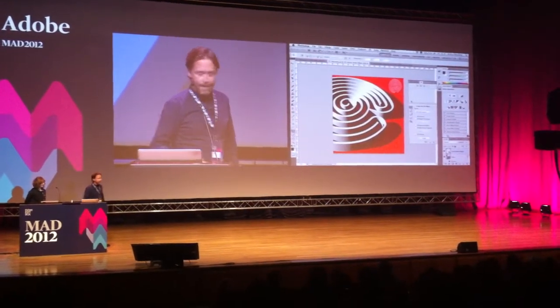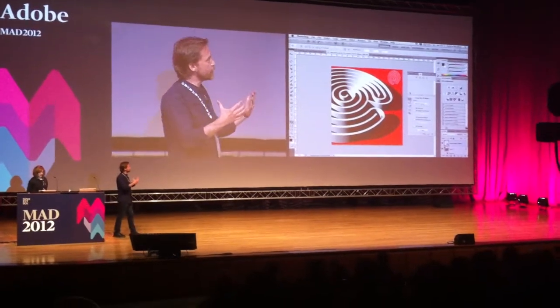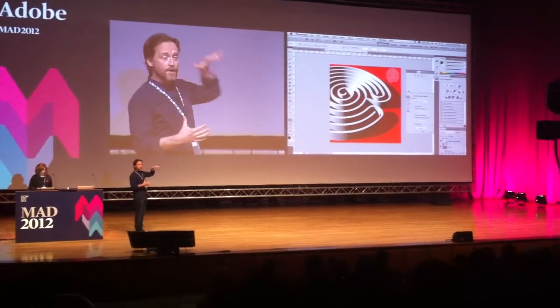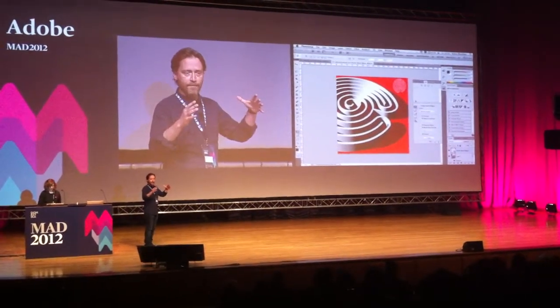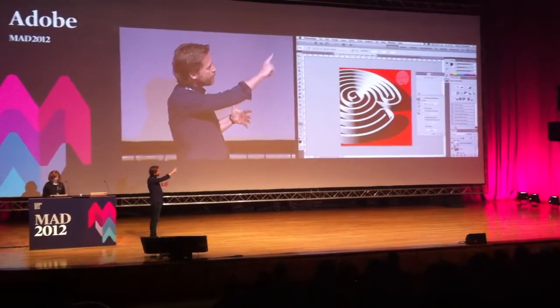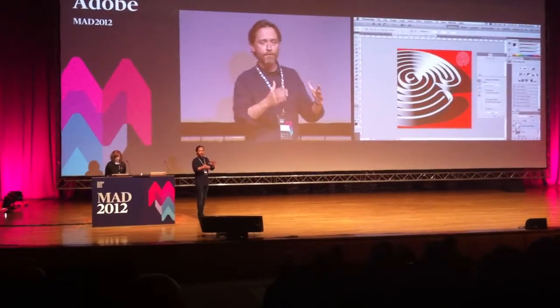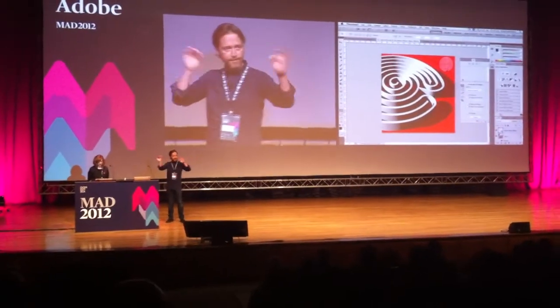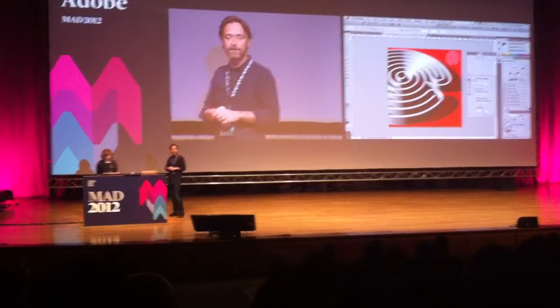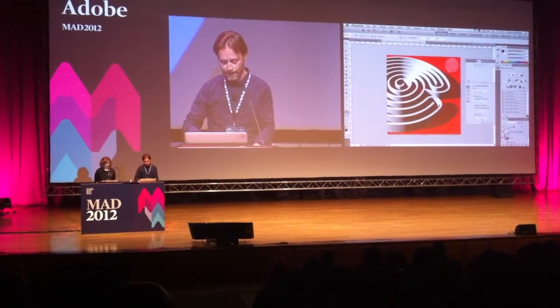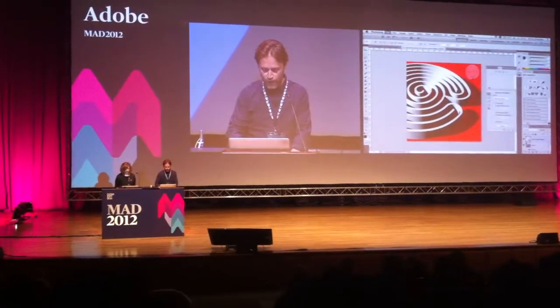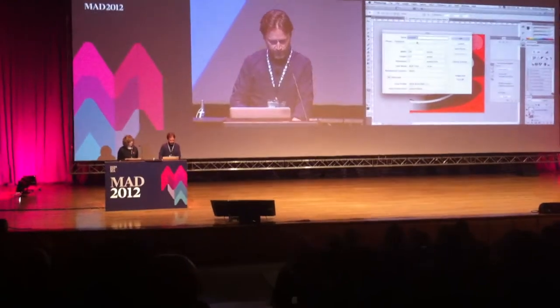Or this labyrinth, I was curious to see how I could cast shadows on a round labyrinth like that. So basically what I did, I created the labyrinth in Illustrator, brought it into Photoshop, extruded it, set my lights to see how the shadows actually behave in a round structure like that. Let's just create a new document for a second, and I'm going to